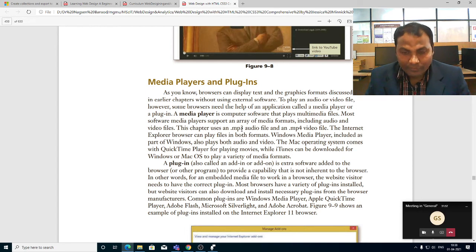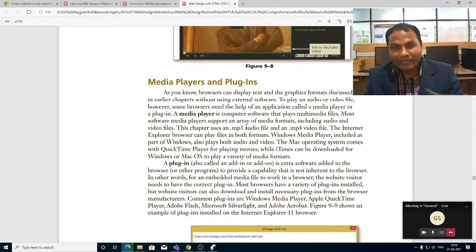To play an audio and video file, some browsers need the help of applications called a media player or plugin. Plugin means external software that helps to open or play that file.